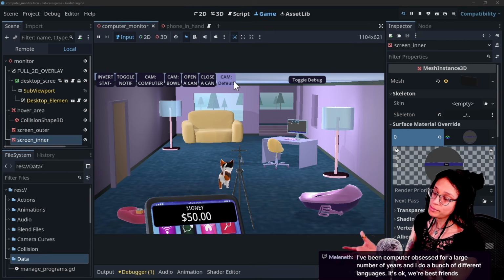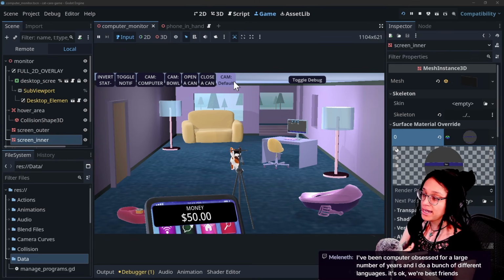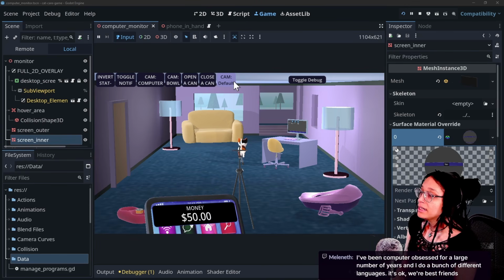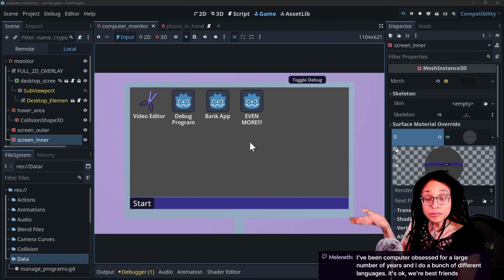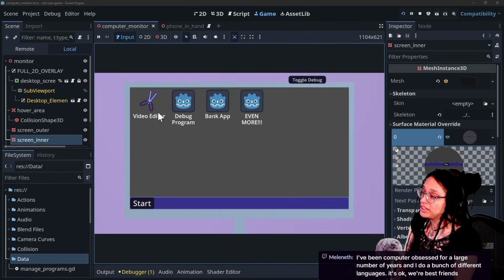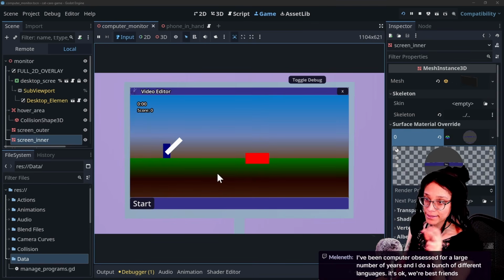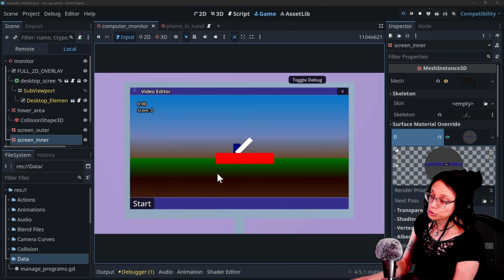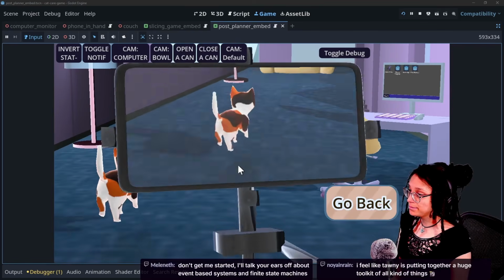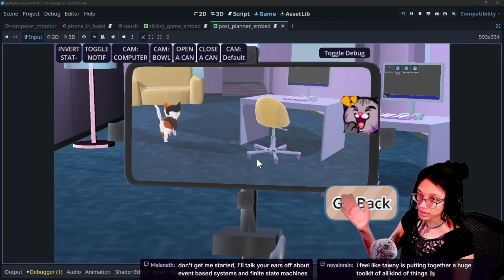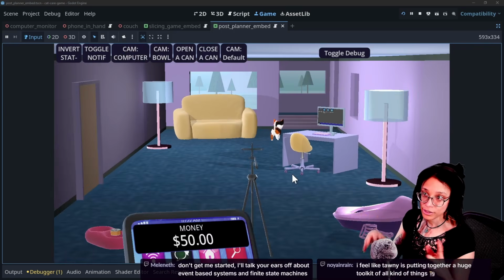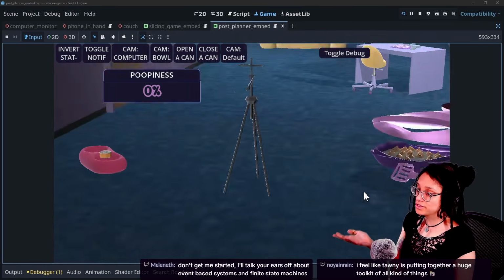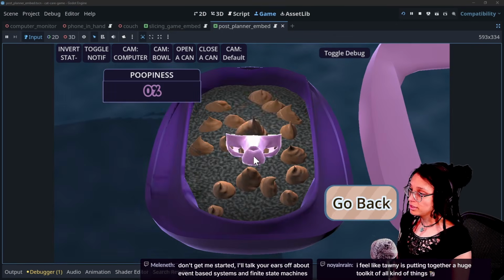The game is a virtual pet game where you take care of this cat, and the cat is famous on social media. And when you want to make money to help buy stuff and feed the cat and decorate your house, you will play these mini games, and they will help you post to social media. So you'll play like this Pokemon Snap mini game and other things. It's a work in progress, and you'll take footage from that. You also take care of the cat, scoop its poop and stuff, and